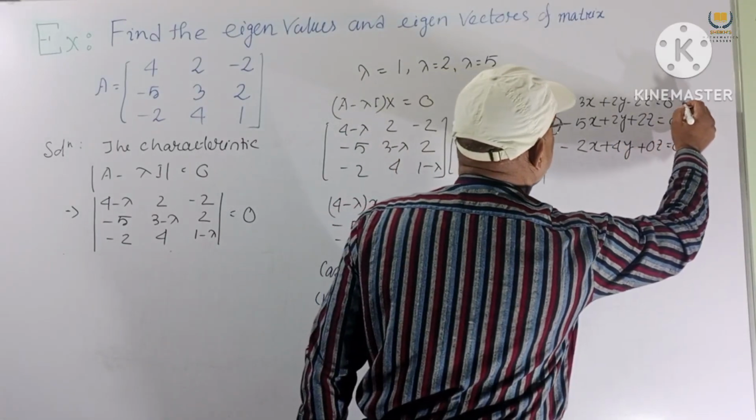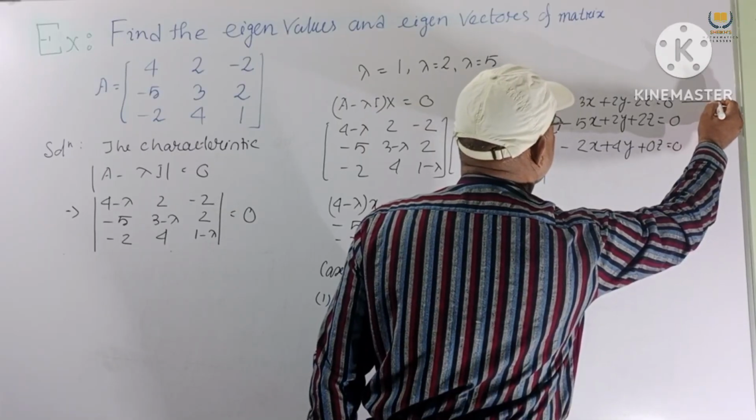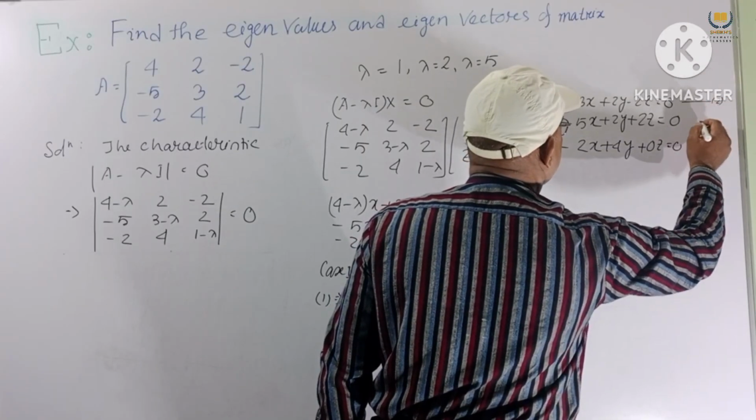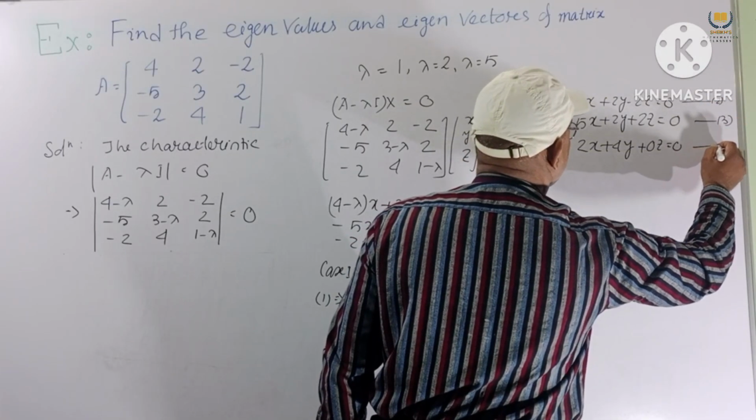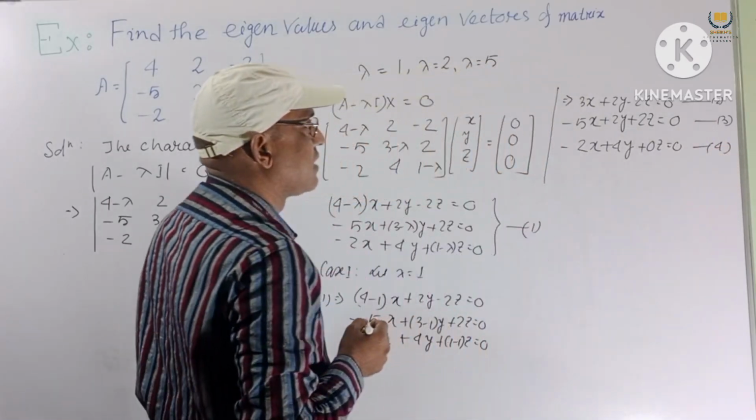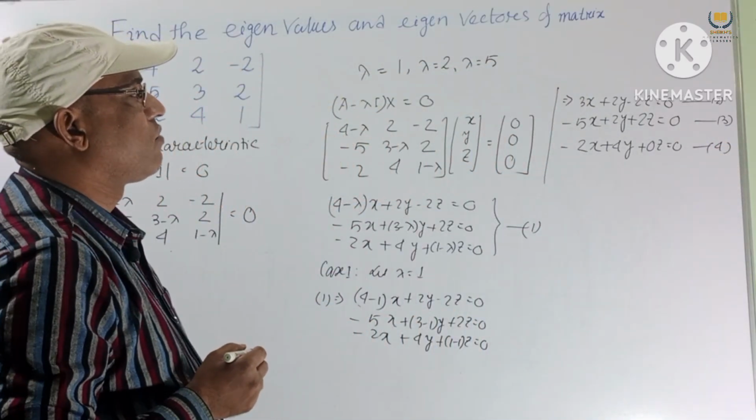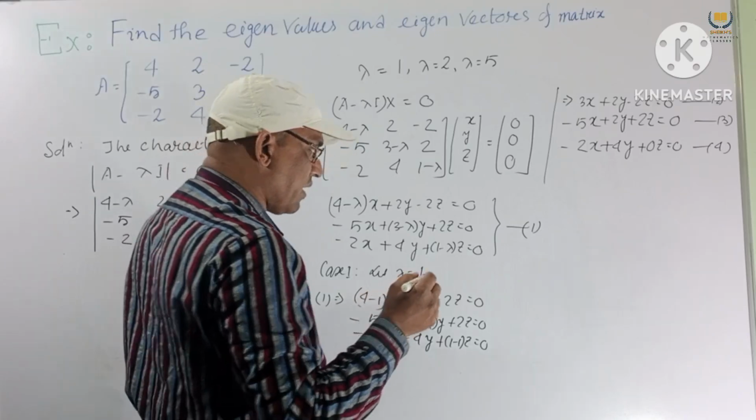This is number we consider 2, this is 3, and this one 4 we consider. 2, 3, 4. Now solving